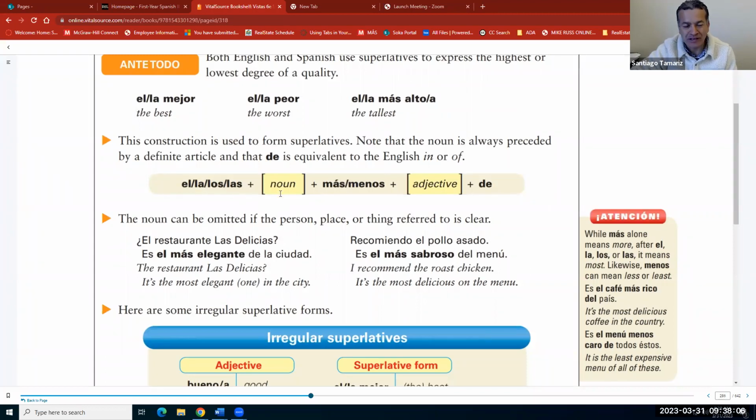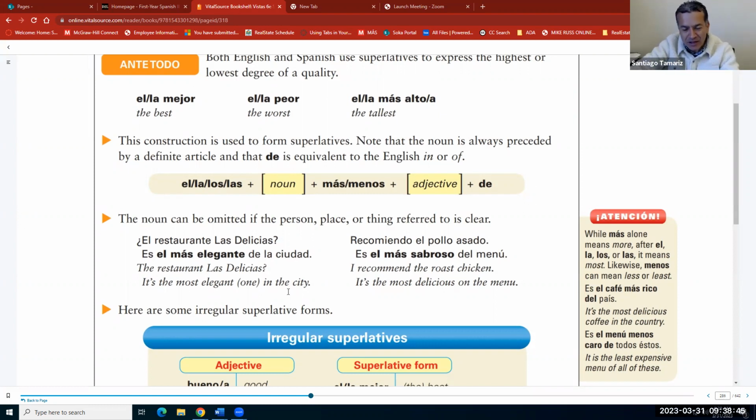Adjective, so we use el más, we're not saying the noun, so más, then the adjective is elegante, then we say de la ciudad, the city. We need to mention like a set. We're comparing, we're saying that this is the highest or lowest degree of any set. If we don't mention from what set, it's not clear. If you just said, es el más elegante, period, but from what? El más elegante of the country, of the city, of the county, we need to know de what? De la ciudad. Okay, now, it is the most elegant in the city.